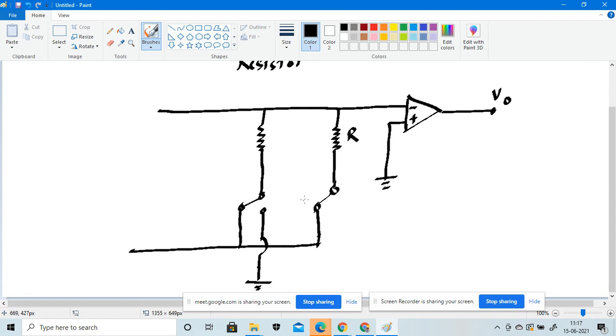Suppose this one is your B3, this one is your B2. Okay, this will be the sequence. So this will be the resistor we will consider 2R. Again we will consider 4R,